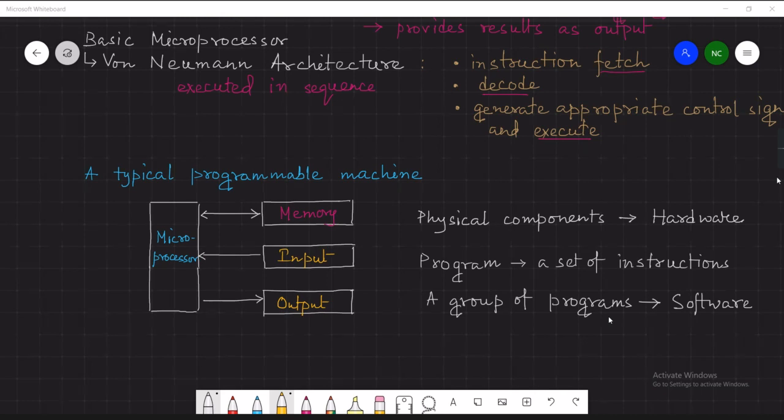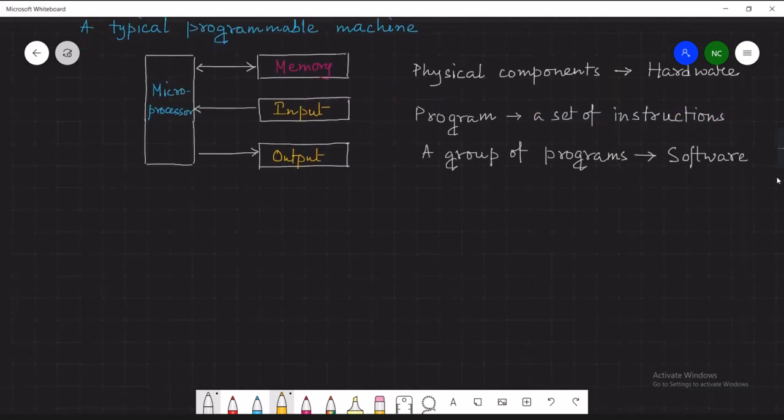And each microprocessor can be recognized by the number of bits it can process at a time. Just for example,